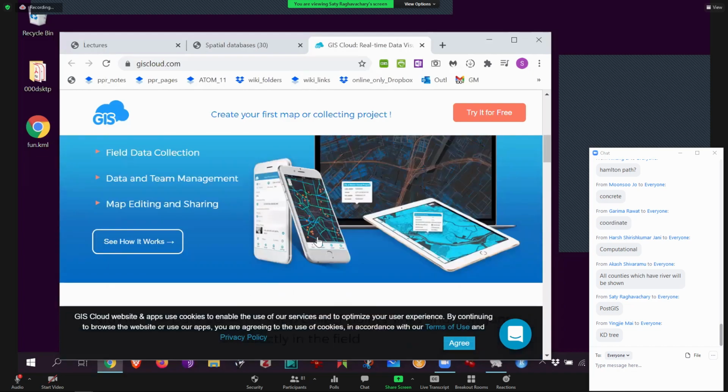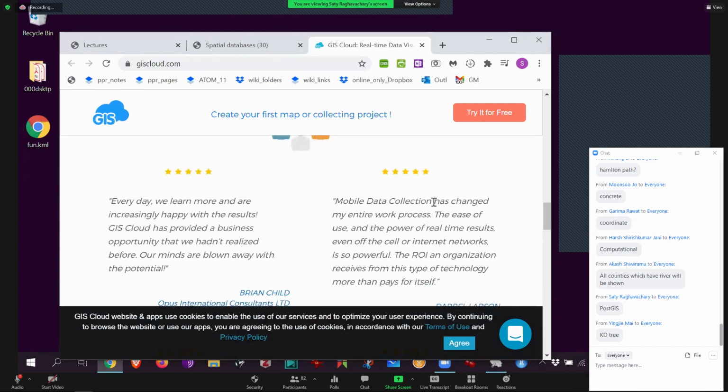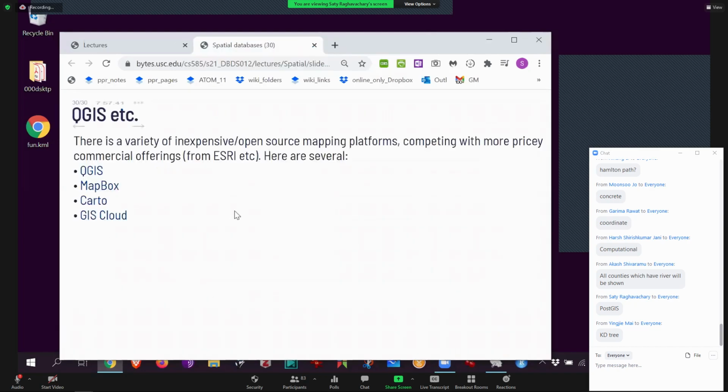Waze works like that, right? Because if you enable Waze, then anybody can see where you are because you're this little smiley icon that's driving around. It's the same idea. You can update these in real time. Real time is magical, but you'll come to that much. Look at that. These are big numbers, right? GIS Cloud can do it.